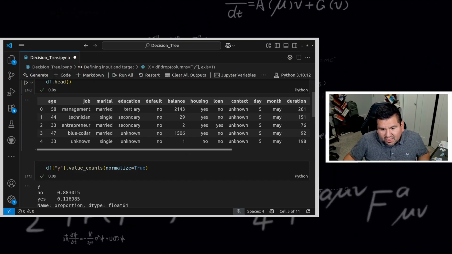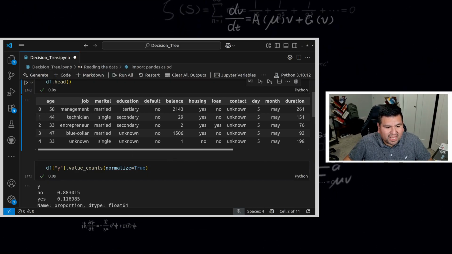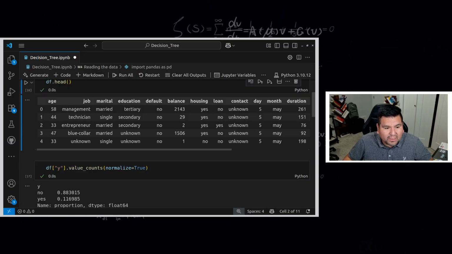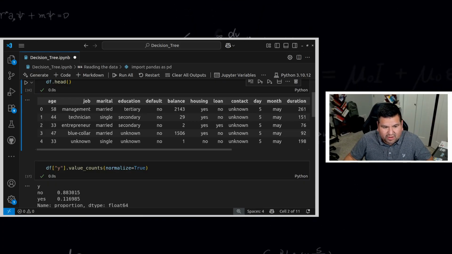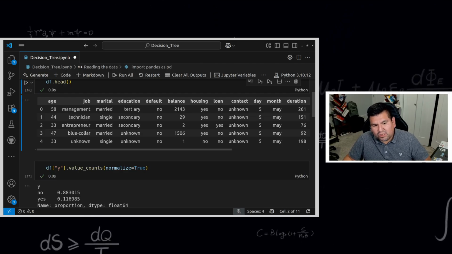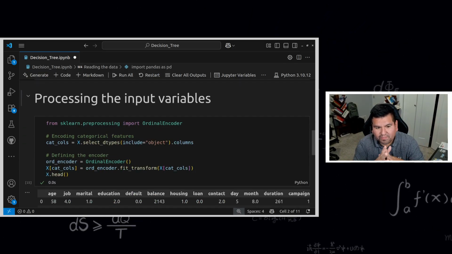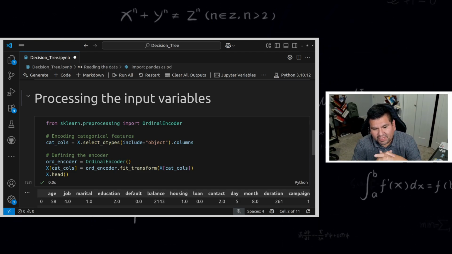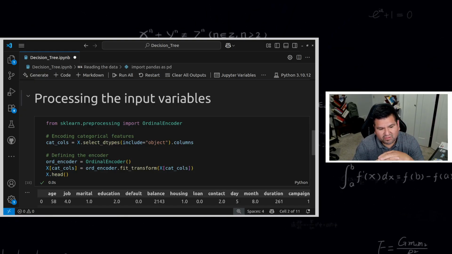Some of those variables, or some of those features, have categorical information stored in them, right? So job, we have management, technician, and so on. So that's label data, right? Same thing for marital, same thing for education and others. So the reality is that when it comes to building models, we cannot build models with labels. So we need numbers, basically, okay? So we need to pre-process that label information,